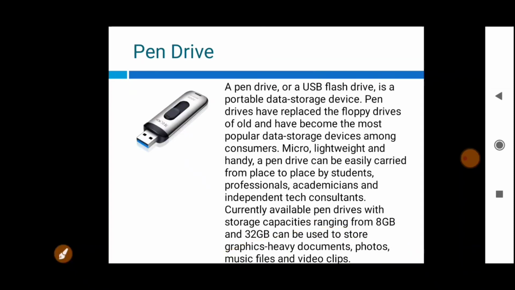Then you have a pen drive, which is a portable storage device, and it has replaced the floppy drives. As a floppy drive could be carried from one place to the other, a pen drive also can be carried, and you can transfer the data from one device to the other.